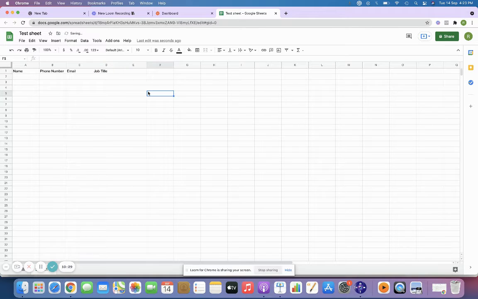These four details should be exactly the same in your Facebook lead form. In a previous lesson, we discussed the Facebook lead generation campaign, where you'll be creating an ad with the instant form. In the instant form, you will be setting up a list of questions like name, phone number, email, and job title. Those questions should be exactly the same here in the Google Sheet.